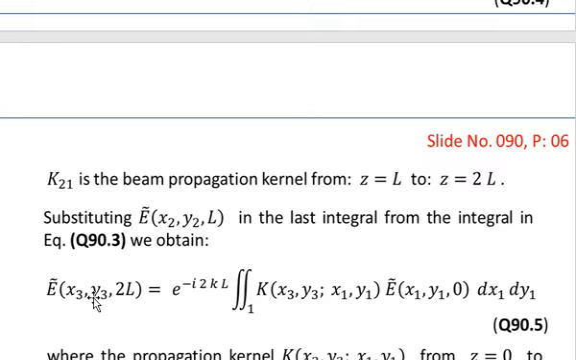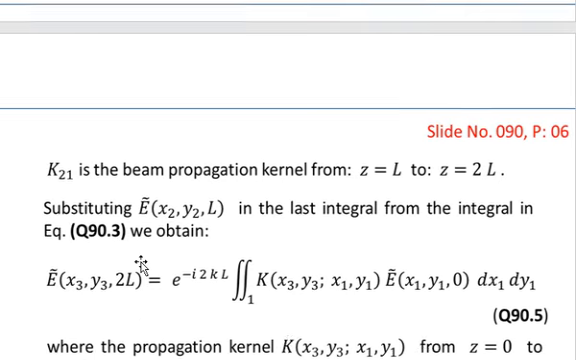But before that, let me explain that kappa 21 is the beam propagation kernel from z is equal to capital L to z is equal to 2L. That is a propagation from the lens 2 to the lens 1 on the right hand side. Substituting E prime of x2 y2 L in the last integral from the integral in equation number 3, we obtain